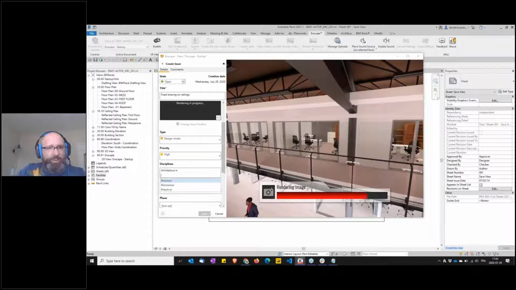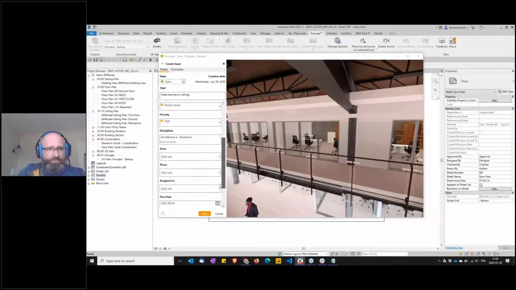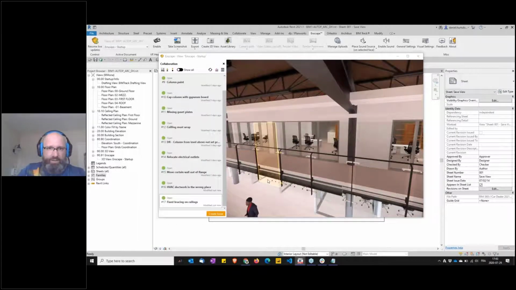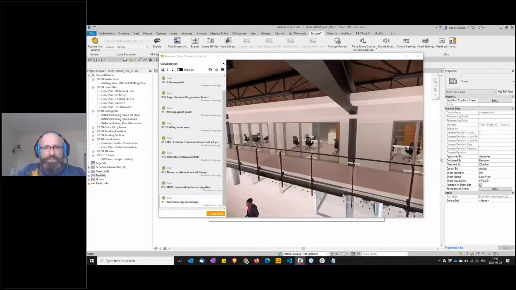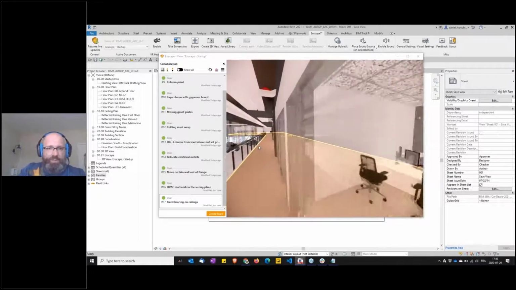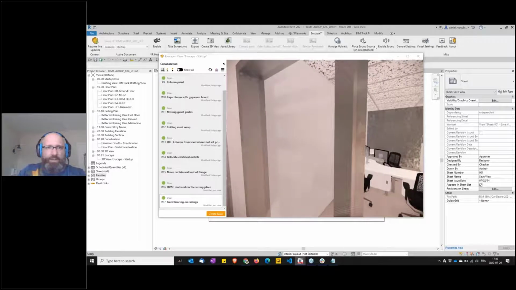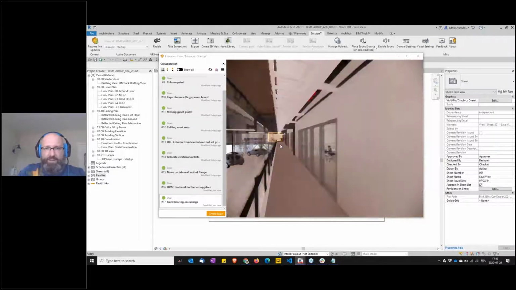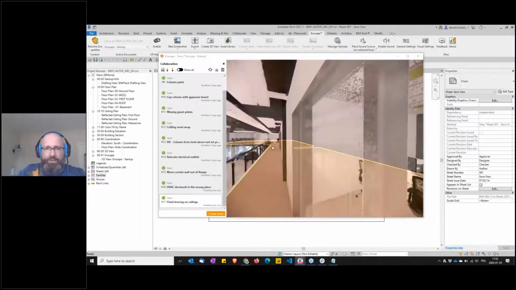You can have more than one discipline, so I'm going to add architecture and structure. This is on the mezzanine level, and I'm going to, again, blame it on Carl. Like I said earlier, and I think this is very important to stress, when I do this, I'm literally going around and having a discussion with clients and other parties involved.